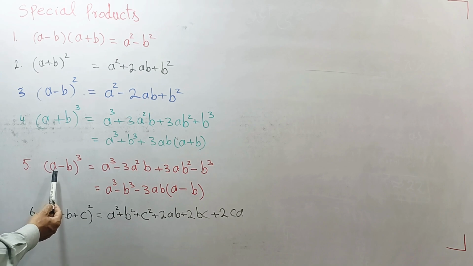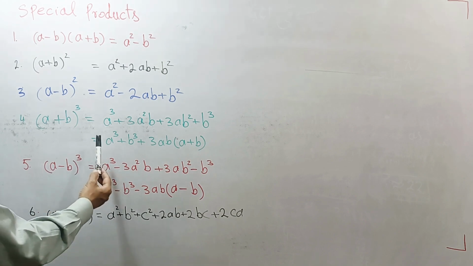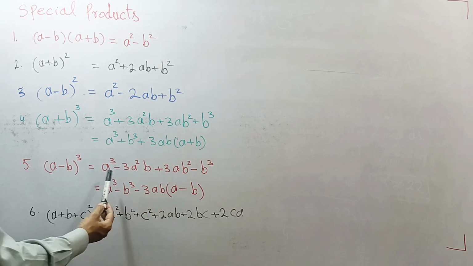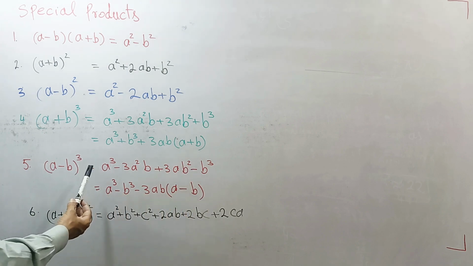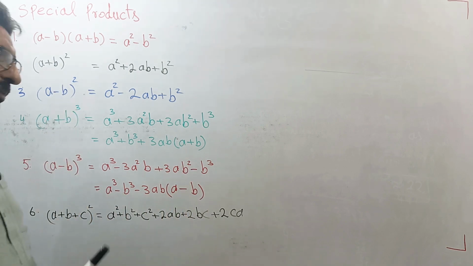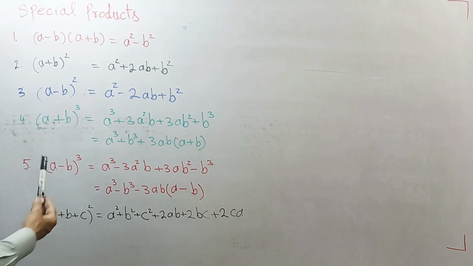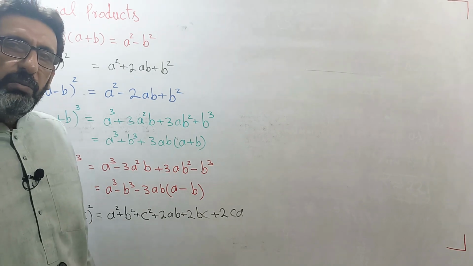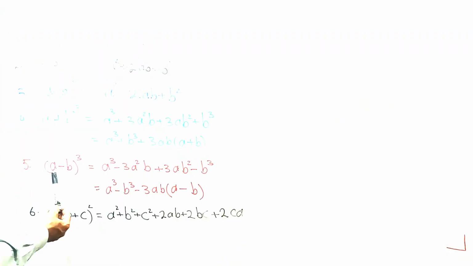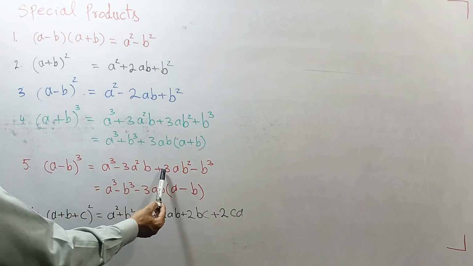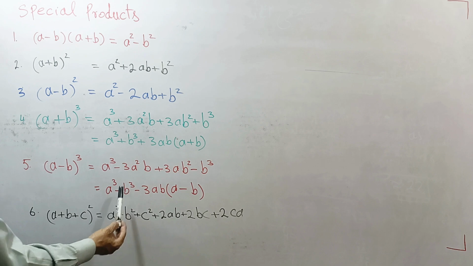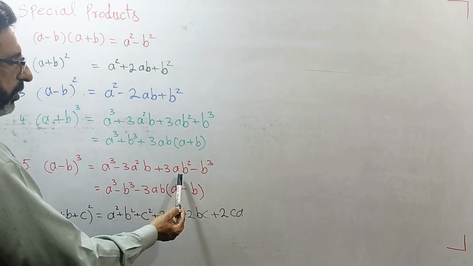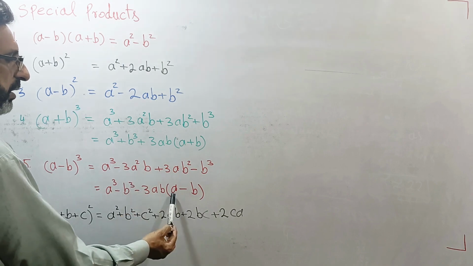And the fifth formula is (a − b)³. The same expression but with alternate signs: positive, negative, positive, negative. We can expand these formulae using the binomial theorem. I have already made a video called binomial theorem and Pascal triangle. a³ − 3a²b + 3ab² − b³. Writing this term here and taking minus 3ab common from these two terms, we get a − b.